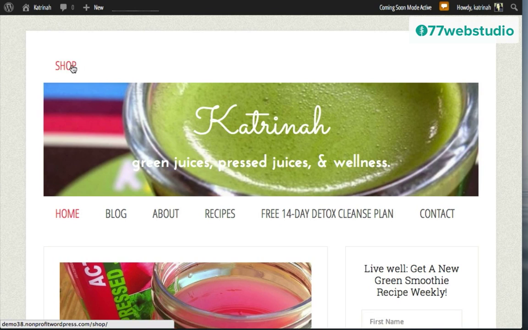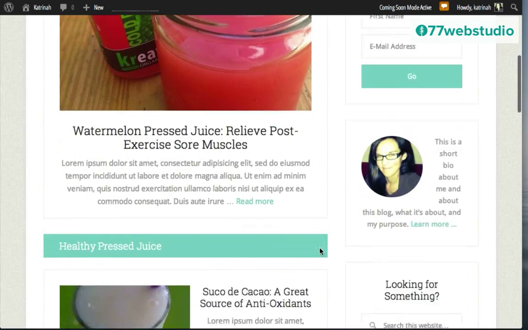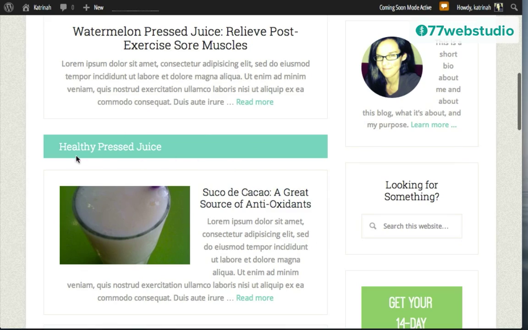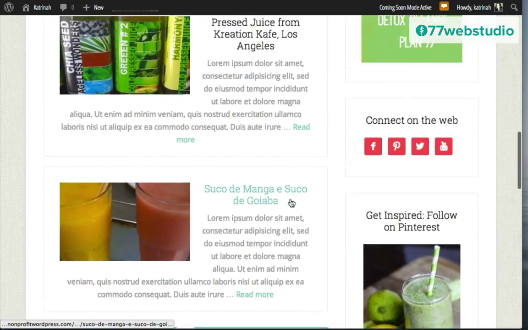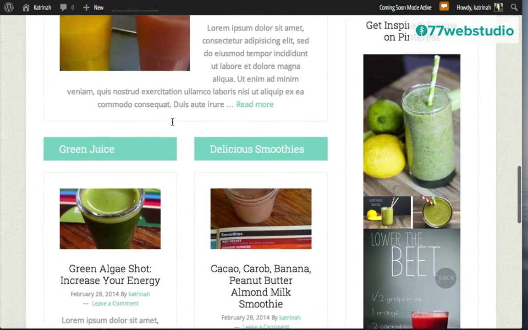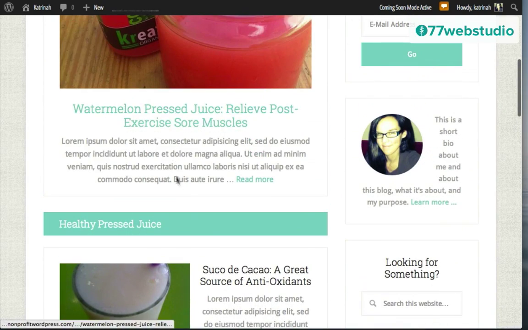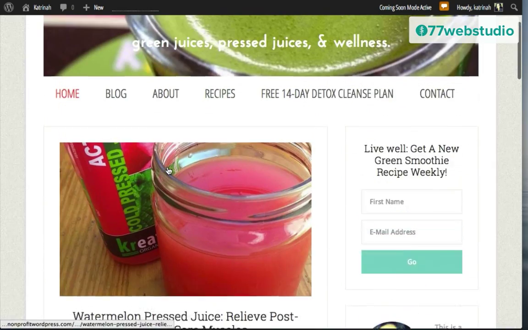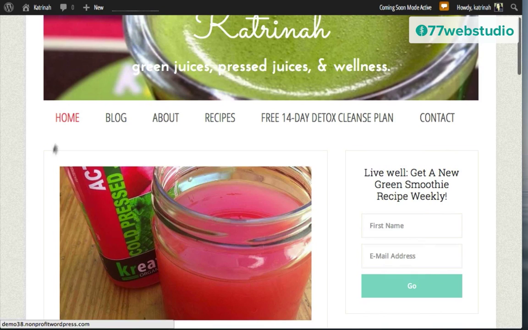We have the top menu item that has been customized, the banner, the title, the tagline, and all the menu items. Okay, now scrolling down the page, we have a little bit more to go here, starting with this bar right here. We see that all the bars are this kind of emerald green color, which I'm not really that fond of. I want it to match the red color that we see right here.